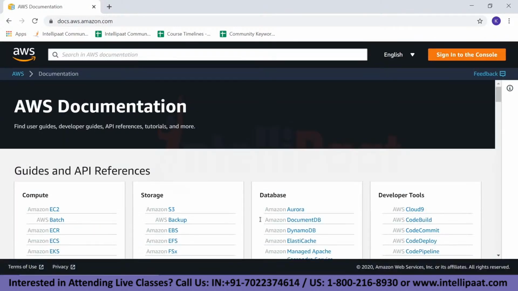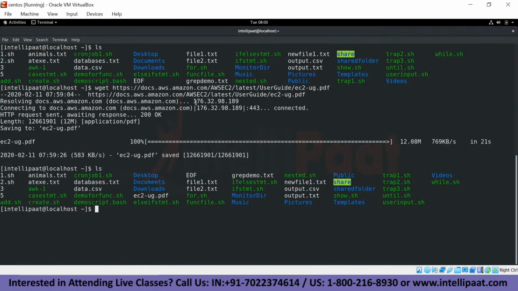So it is taking me to docs.aws.amazon.com because this is the IP address of that website. So resolving this particular IP address, in the sense this data, that is docs.aws.amazon.com, and this IP address will be residing in a server. So this particular server, which is our server, sent an HTTP request to that server to check whether this